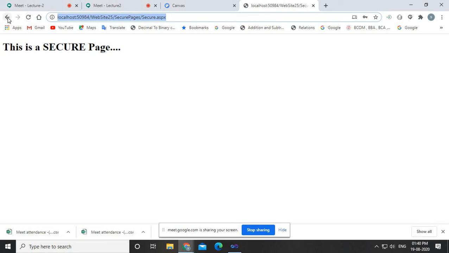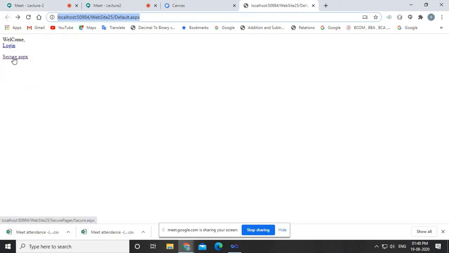Why does this happen? Because you clicked on secure.aspx, so obviously your website has to land on that page. But you do not have the privileges to view this, because you have not given a username and password, you have not performed the authentication stage. So for the time being, it sends you to the login, and after login it brings you back to secure.aspx. You know how fantastically everything is designed by ASP.NET.